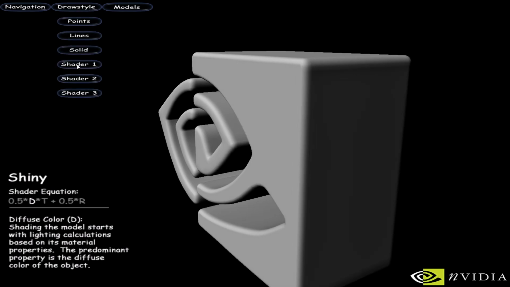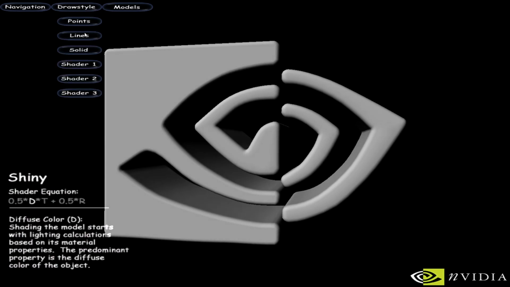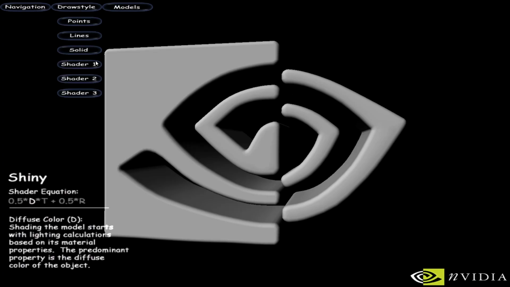Let's go to shader 1. It's a little bit buggy, so let's go shiny and then go to shader 1. Okay, so that's diffuse. This menu is slightly off. When I'm clicking here, I think it's clicking up there, so that's why some of these are a bit off. So if we hit shader 1,